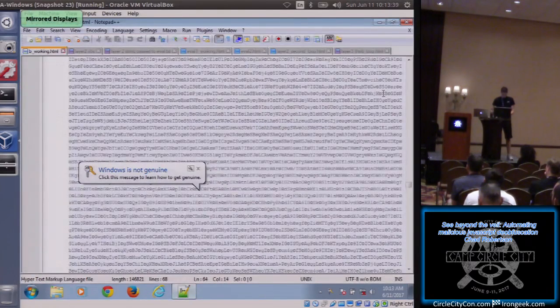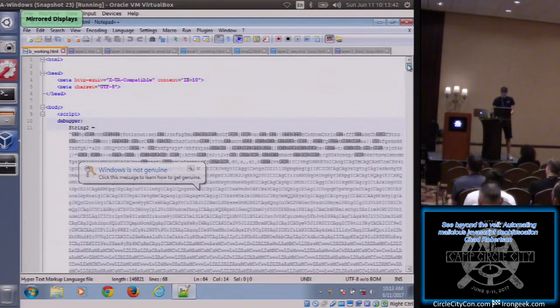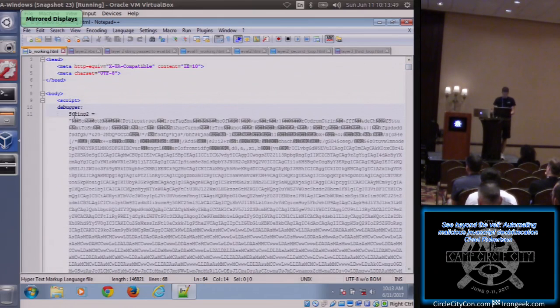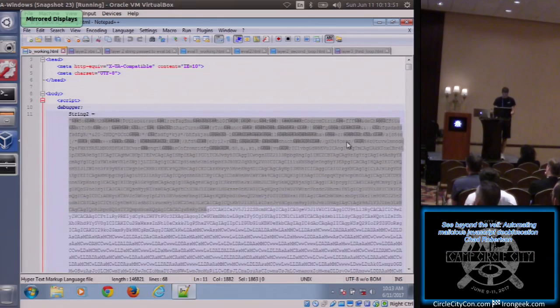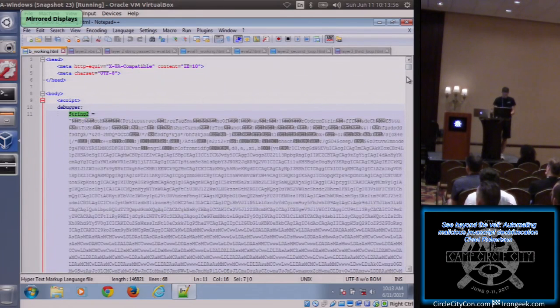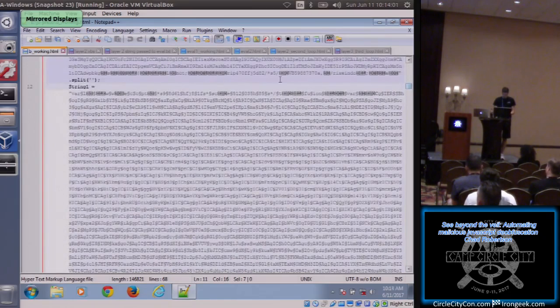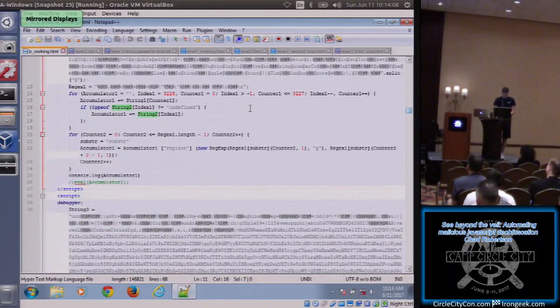All right, so this is the beautified landing page. Hopefully, you can see that. There's a data blob here. This is data that's inside, and I've renamed these strings already, so this is string 2 to make it easier to see. And you see the split function there at the end, string 1, and all the stuff that's being passed in string 1, the regular expression that's being applied to this data, the for loop, the accumulator loop,